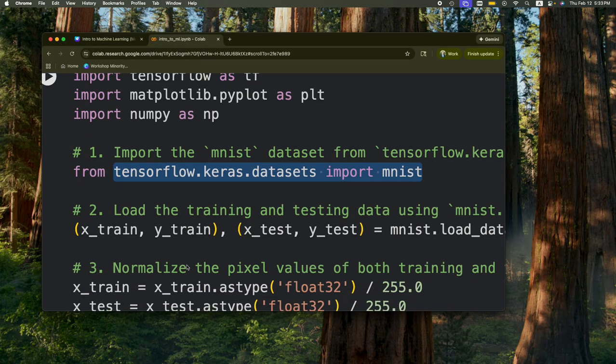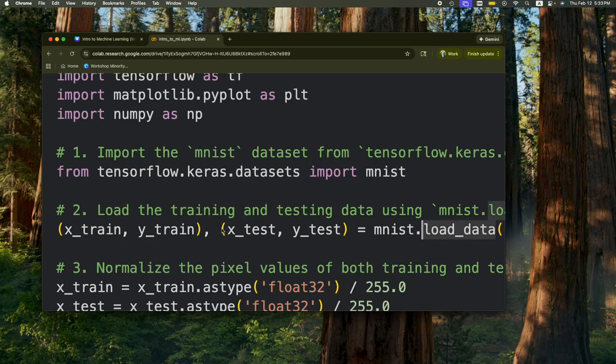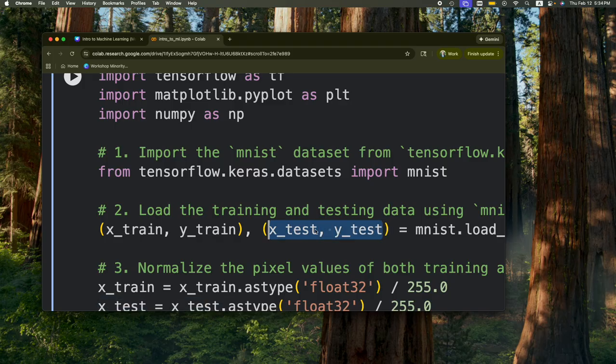Then we turn the data that we have loaded. Actually, we haven't loaded it yet. That's what this load data function is for. We load it into two tuples, which this right here is test. Remember from our previous image, we have test. And this right here is train. The xtrain contains the images, while ytrain contains the labels. I'll show you an example in a minute. And this contains the data that we will be testing our model on. The model will not see this data until we start evaluating it.